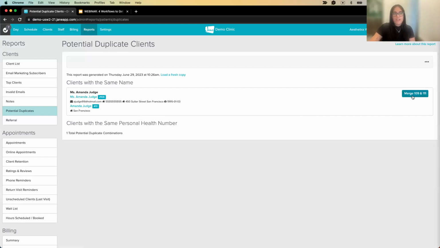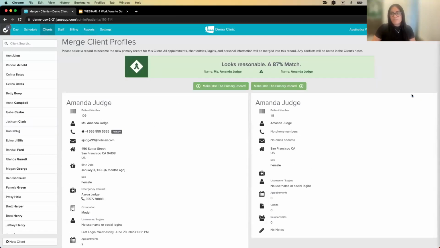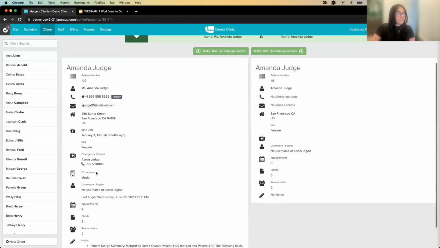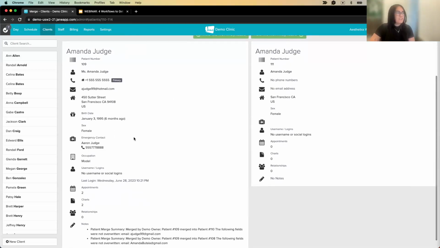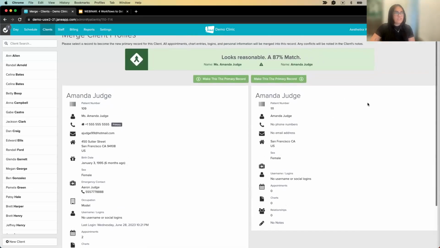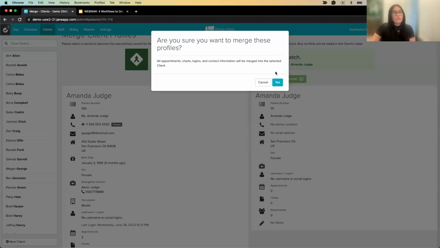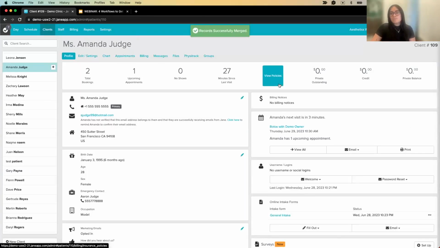To the right here, we have our merge button. When I click on that, it's going to bring up the two different profiles. You can see the contact information and how many appointments they had. I know this one looks like it's her main profile, and maybe this one on the right was just a duplicate that she created. So I'm going to choose to make this the primary record, just above the one on the left. Once I click on that, I'm just going to confirm one more time, and it's going to merge the two